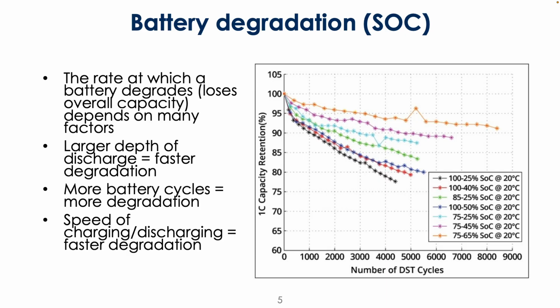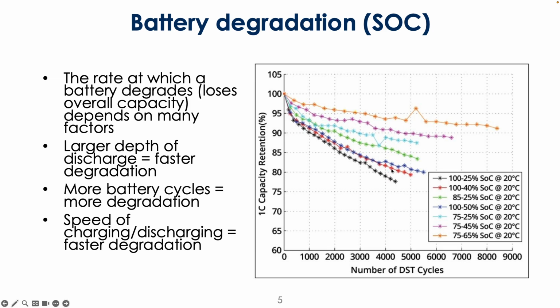And then the other thing is the starting point of your depth of discharge, your operating range, can change as well. So let's look at an example of two things where you're doing the same amount of depth of discharge, but you're starting at different points. Let's compare the green line to the red line. The green line degrades less than the red line. They are both